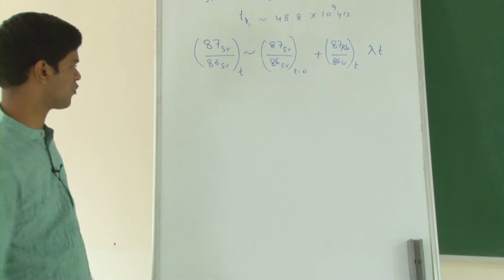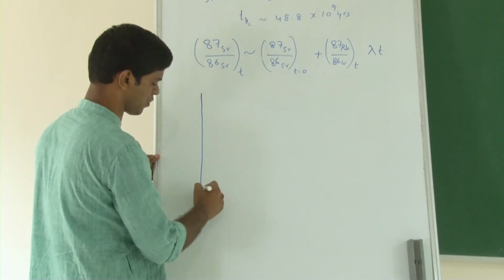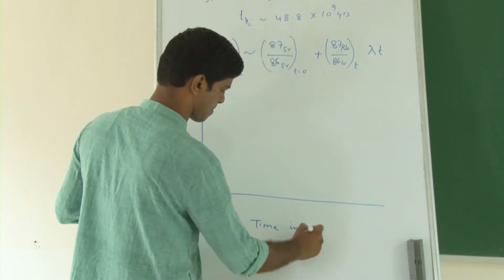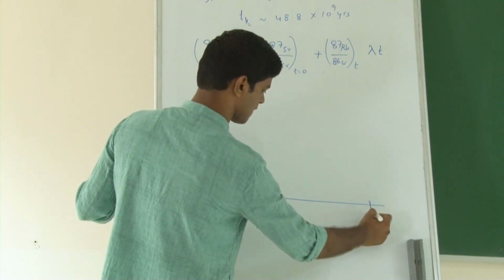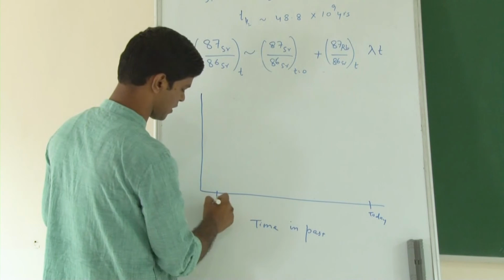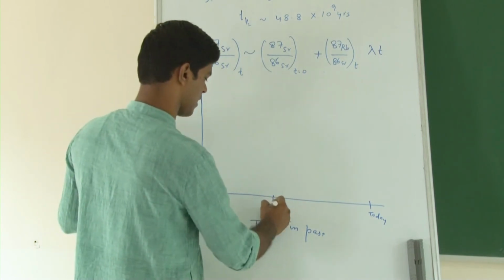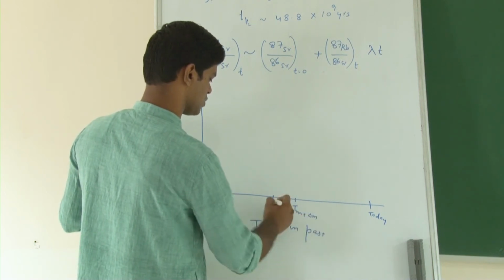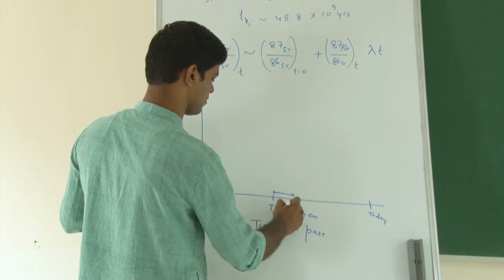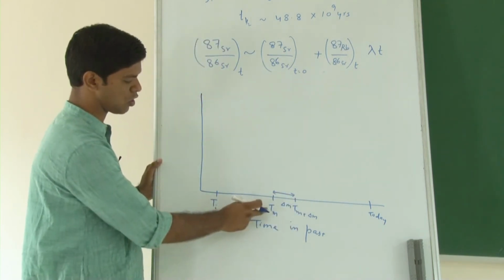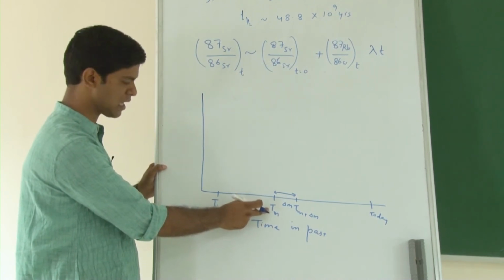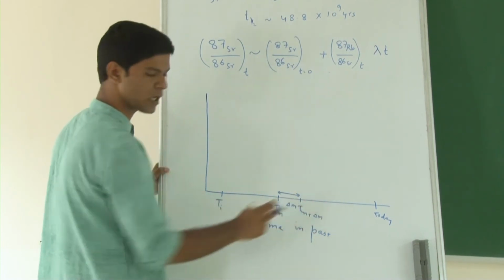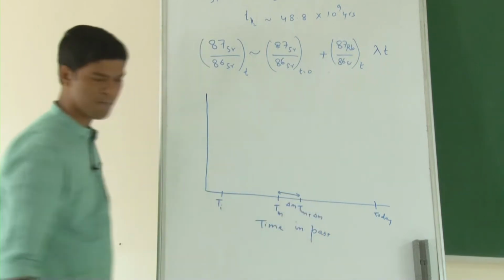We will use this philosophy to find a metamorphic history of a given rock. Let us say the x axis here represents time in the past. So, this is today, and this is the time when the rock formed. Let us say there was a time between t = Tm and Tm + delta m. Within this time span of delta m, there was a metamorphic event when the rock got metamorphosed at t = Tm and it sustained for delta m amount of time. So, the system got closed again at Tm + delta m.